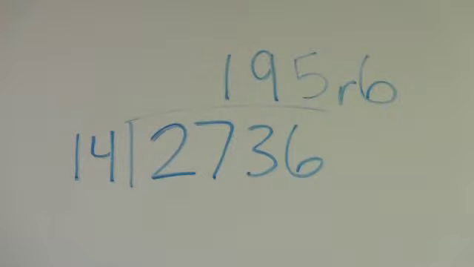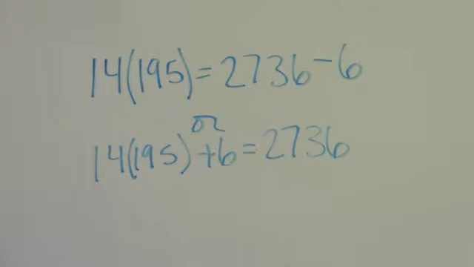Now let's consider another problem. 2,736 divided by 14 equals 195, remainder 6. In this example, we know that 14 does not fit evenly into 2,736 because it has a remainder of 6. Or, in other words, 14 would fit evenly into 2,736 195 times if 6 was subtracted from the dividend, demonstrated by 14 times 195 equals 2,736 minus 6, or 14 times 195 plus 6 equals